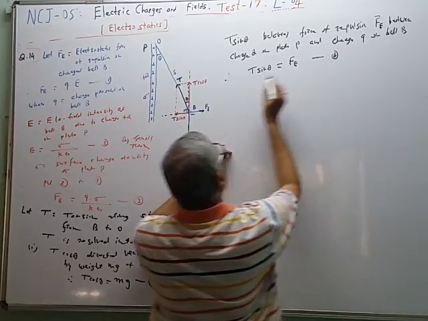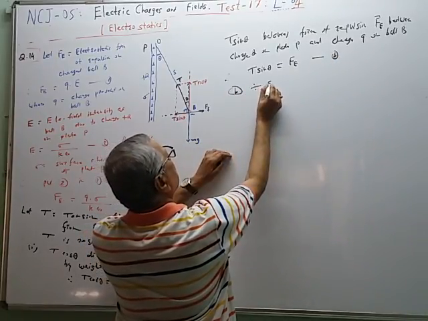This is equation B. B divided by A gives: